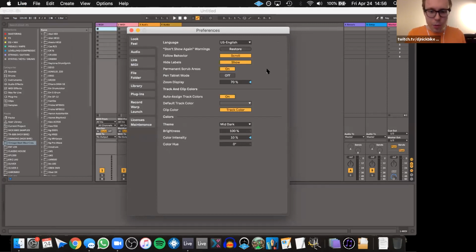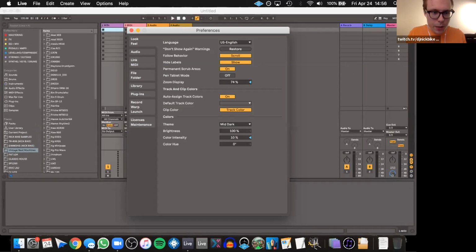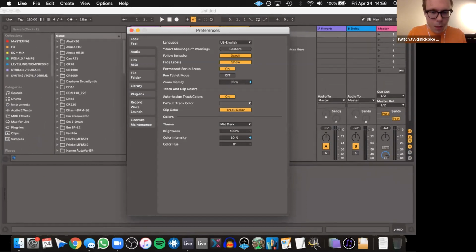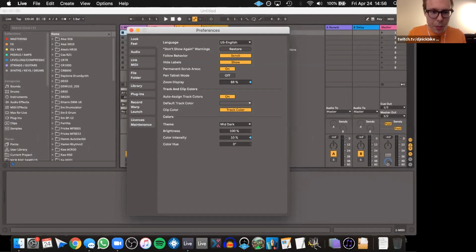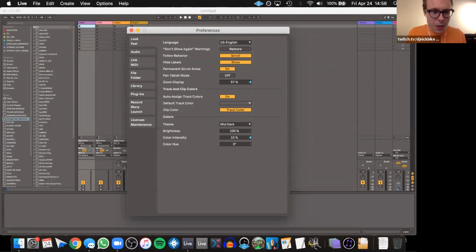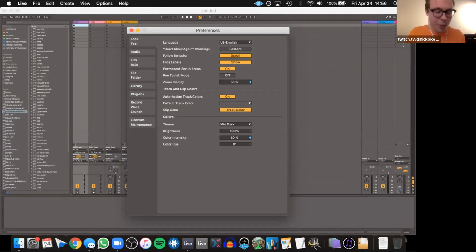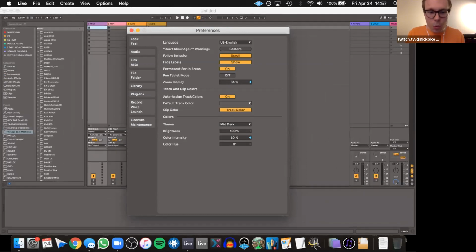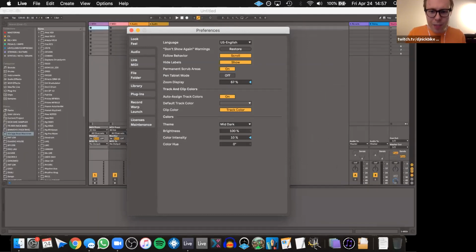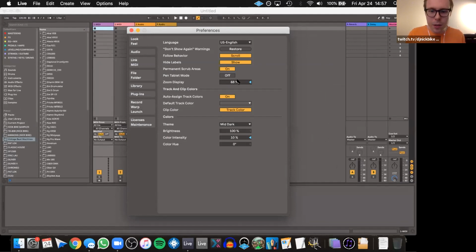And there are some that are preferences, so some are just whatever you feel works for you. The zoom display is a very useful thing to look at. You can see how it's changing my screen in the background. I believe the default is maybe 90%. Obviously, depending on how big your screen is, if you have a big iMac or external screens, zooming out can be really effective for seeing a lot more of your information. I usually have mine somewhere between 70 and 80, depending on what session I'm working on.